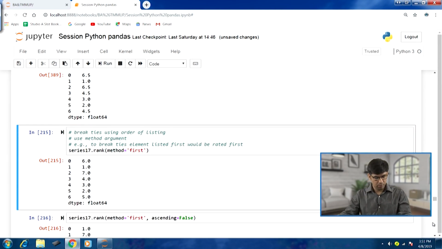Now, another thing is about breaking ties using order of listing. If you look at the output 389, row index 0 and row index 2 have the value 6.5 as the rank. Where the same value is there, the mean rank is provided. If we do not want that, we can implement another way of breaking ties. One example could be to use order of listing, so whichever is listed first will be ranked first,